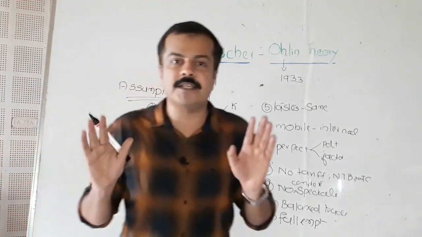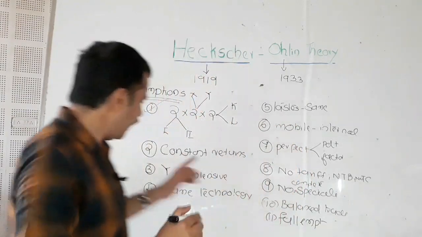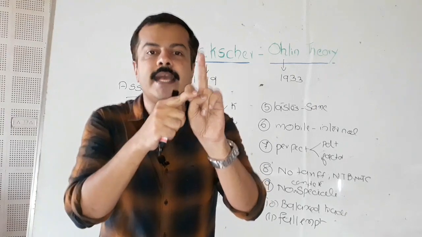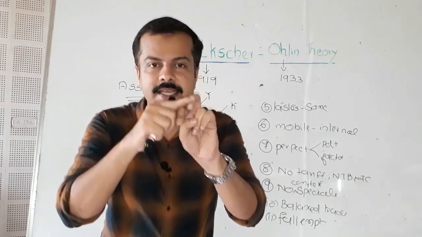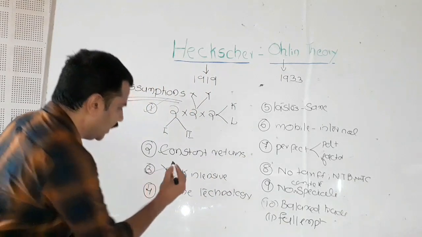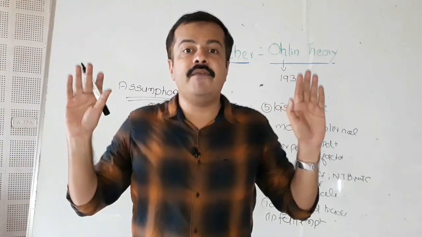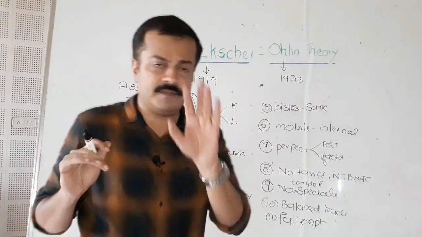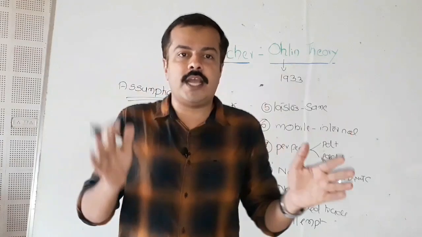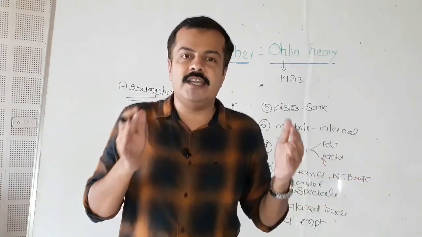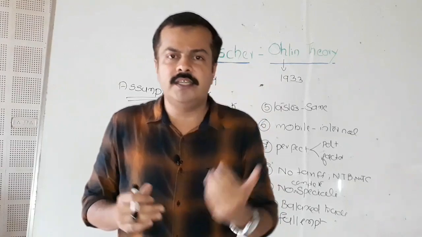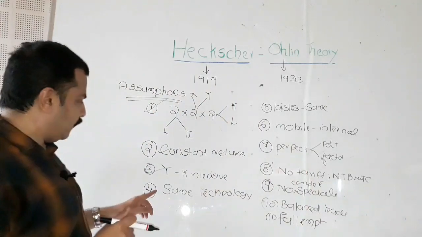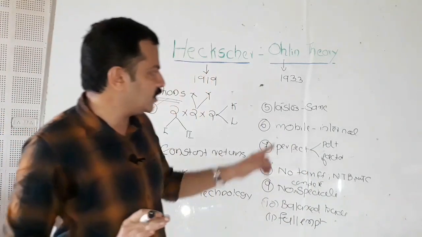As far as the second assumption is concerned, it assumes that there is a presence of constant return to scale. The third assumption is that out of two commodities, commodity X is treated as a labor intensive commodity, commodity Y is treated as a capital intensive commodity. Both countries are assumed to be having same technology as far as production is concerned. We will relax most of these assumptions, and there are theories that argue that there are differences across technologies and there is a delay in the diffusion of technologies. And we have the technological gap model, we have the product cycle theory that will be examined in the coming video. So the fourth assumption is that the countries are having the same technology in production.